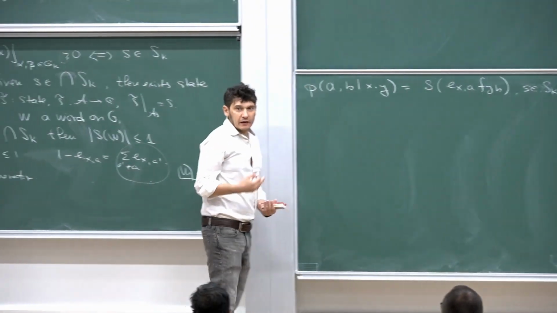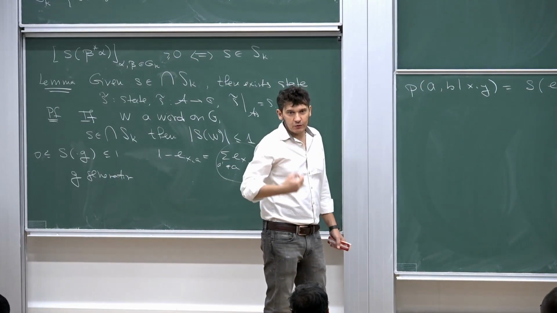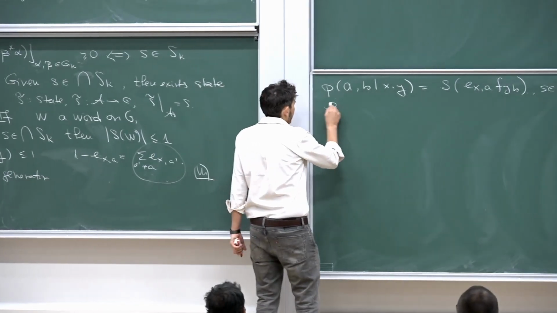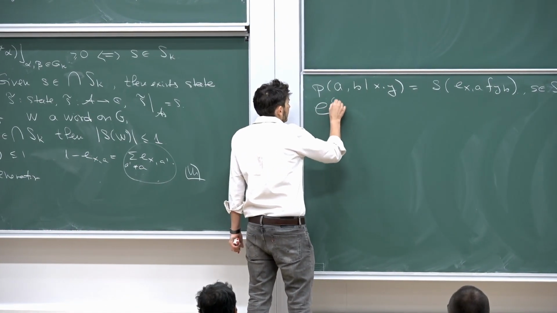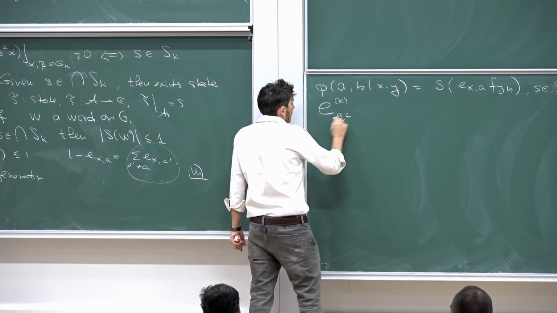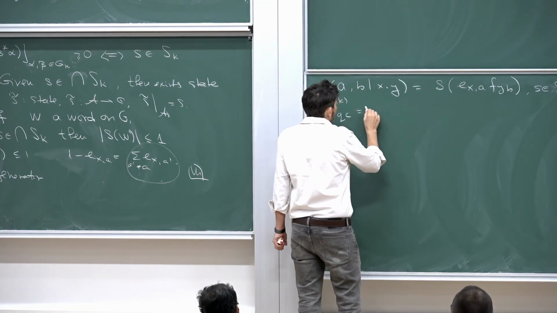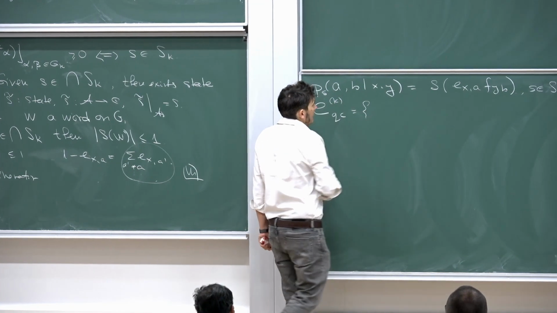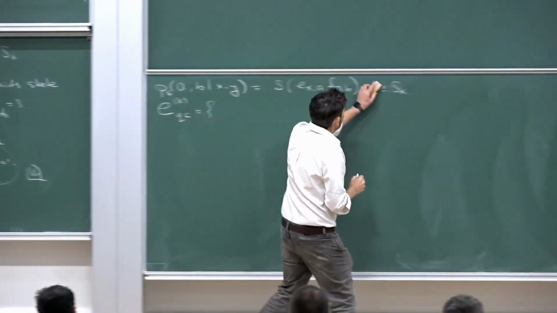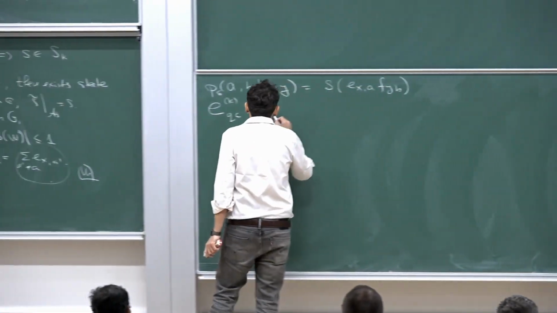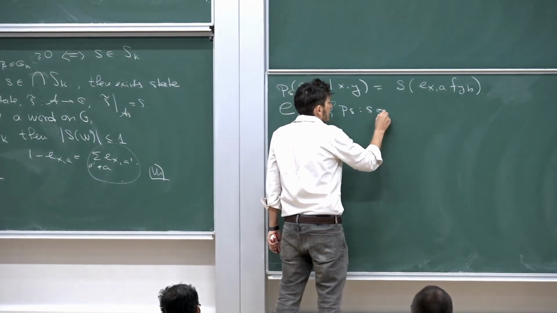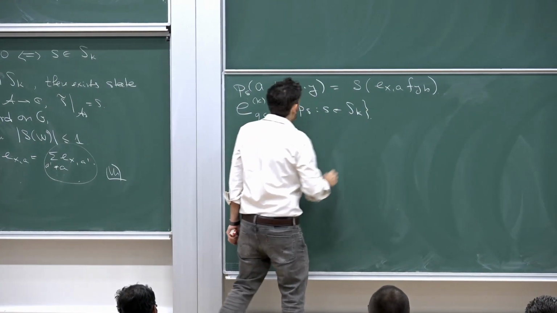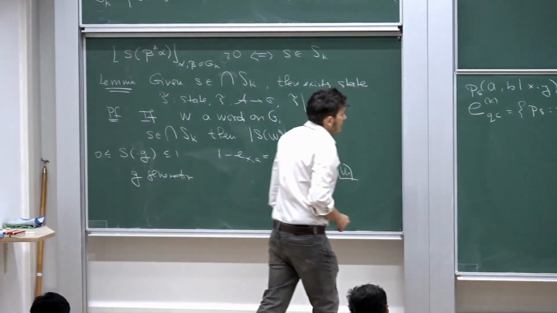And this is my kth level of correlations. So S sub K, I think yesterday I wrote like that, will be just the set of all those. Let's call this P sub S here. This will be just P sub S, where S comes from S sub K, capital S sub K. And now the NPA hierarchy